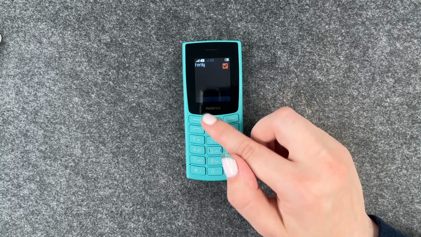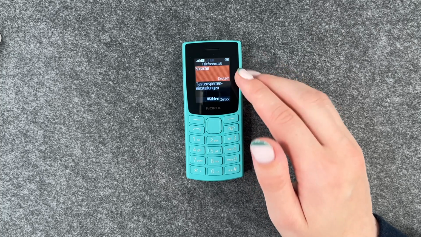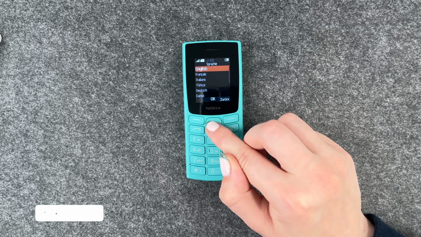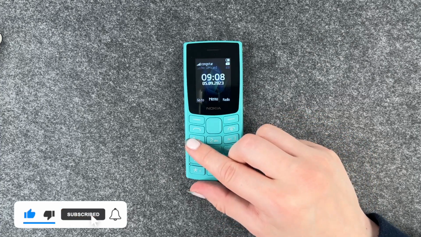Now you see fertig. And if we go back again, you just need to go to your phone settings again, go to language, and then set it to English again. So that's how you can change the language on your Nokia